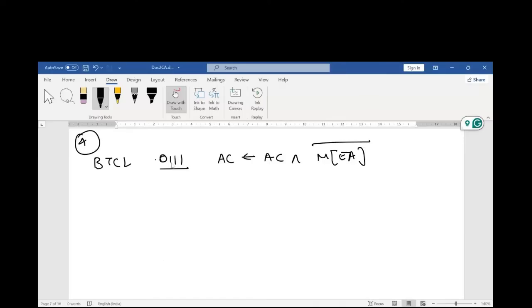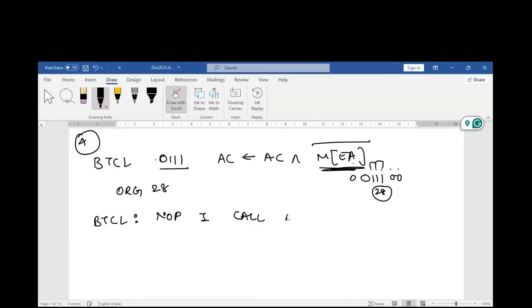Okay, so now let us see. As the opcode is 0111, ORG would be 28. 0 1 1 1, two 0s behind, one 0 in front. So 1 2 4 8 16. 16 plus 8 is 24, plus 4 is 28. So ORG 28. Then make the label BTCL. Now again I have to fetch from memory. So what would be my first one? First micro instruction, no operation, I call